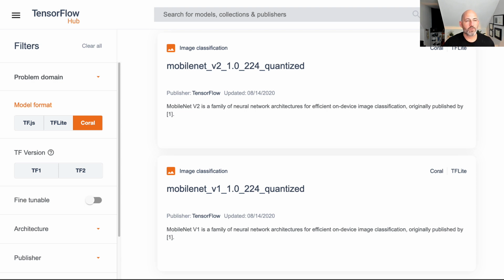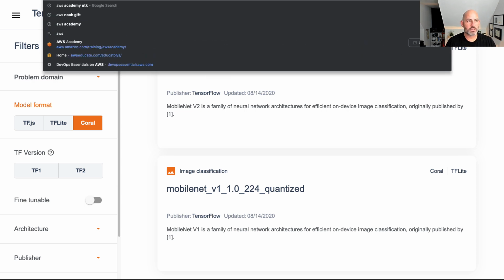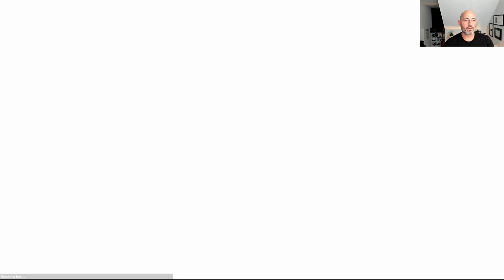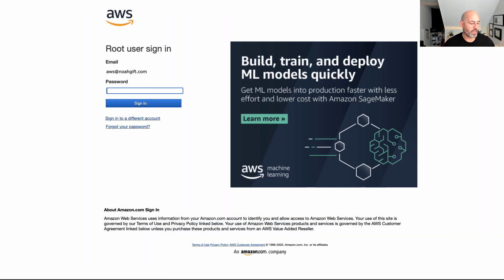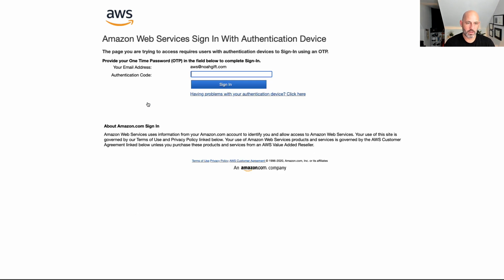Okay, so AWS has their system called DeepLens. So I'm going to go to the AWS console here, and I'm going to log in and use DeepLens. And we can just go to auth here, and I'm going to put in